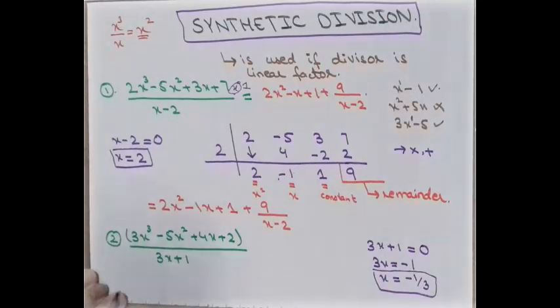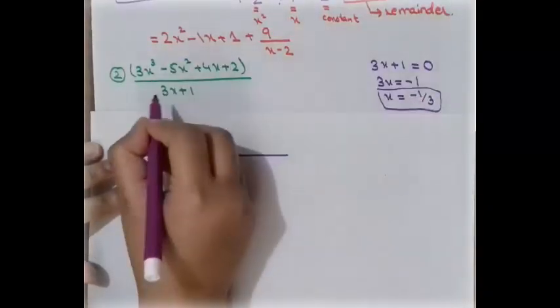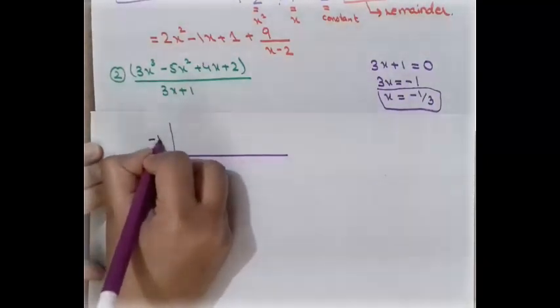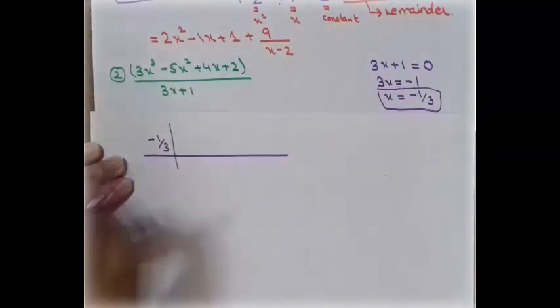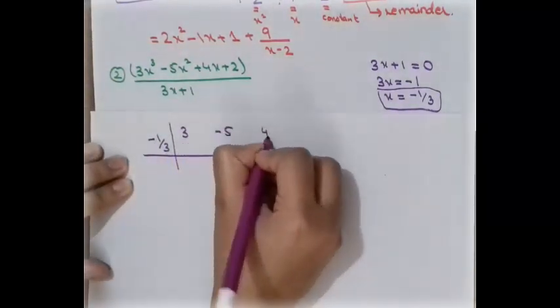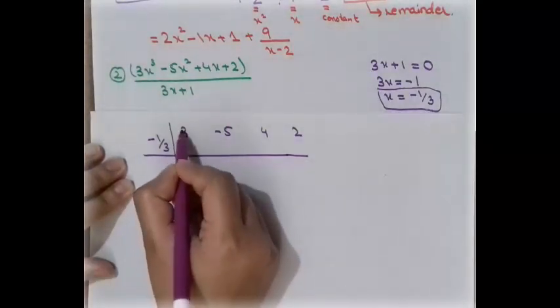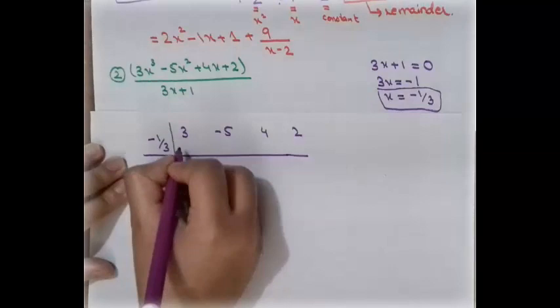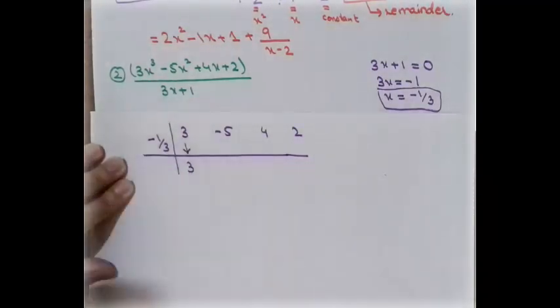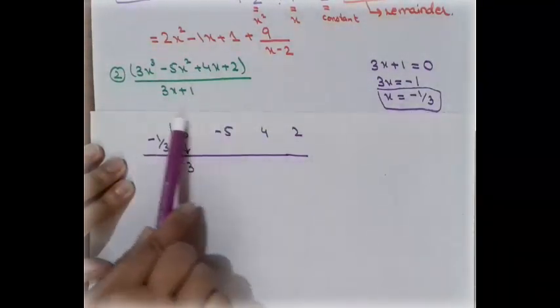The second step is to check that the numerator is written in descending order. Here we write the divisor, which we found by taking the denominator equal to 0, so we have minus 1 divided by 3. We write the coefficients: x cube is 3, then minus 5, 4 and 2. Now we perform the synthetic division. The first main important step is to drop the first element in this box. And in this section we apply the multiplication with this number,